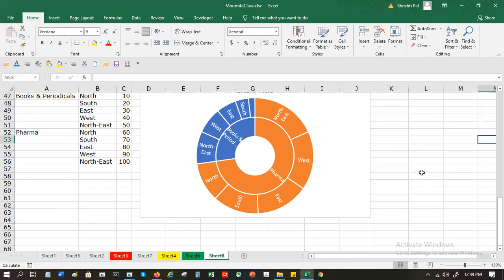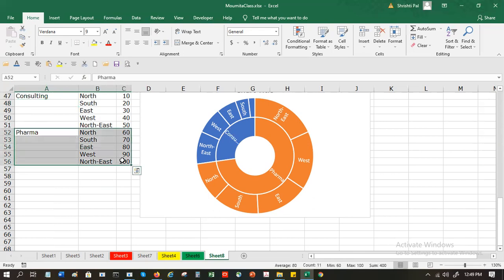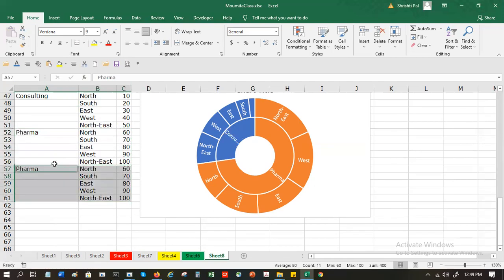In this case, suppose I have two parts here, like books and periodicals, or pharma and consulting. Two businesses. Basically, it is used for two businesses or two separate entities, right? You can have more than that also. Suppose I have another set here, consulting.